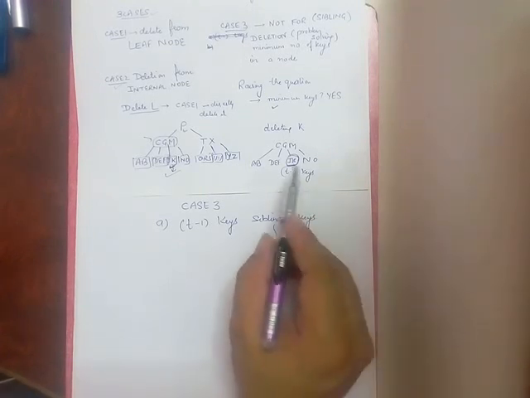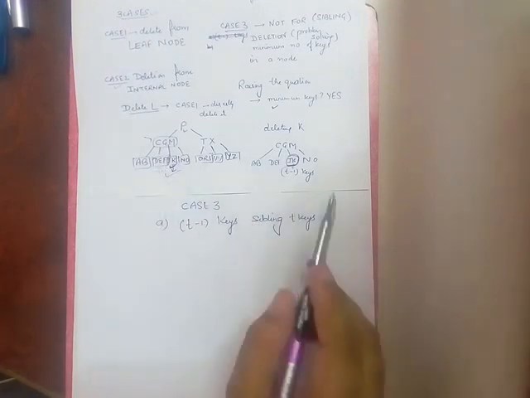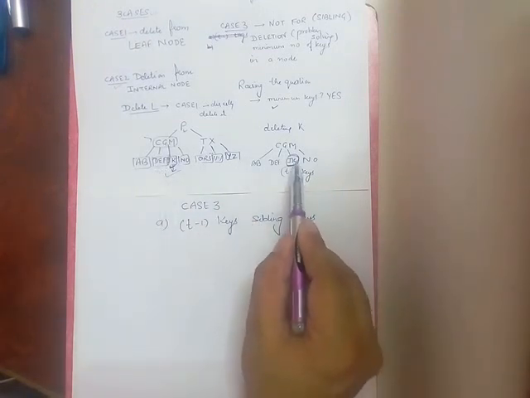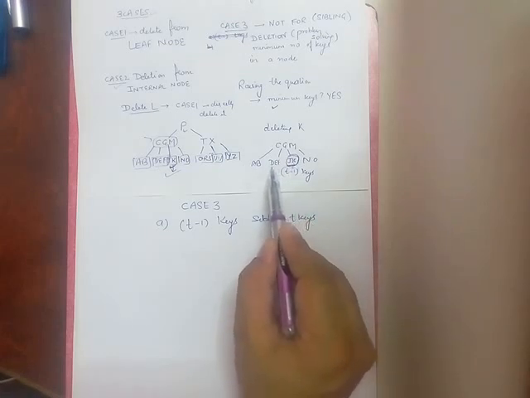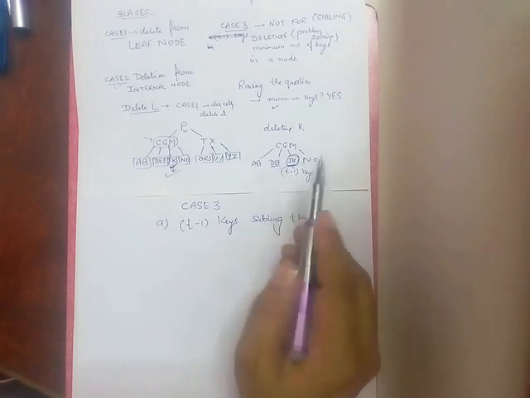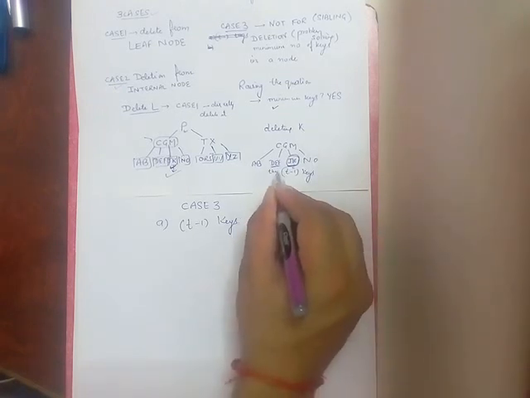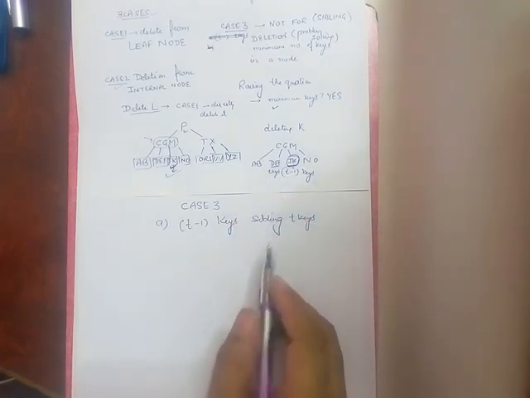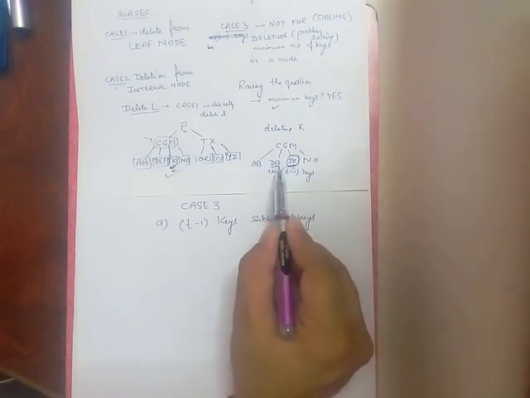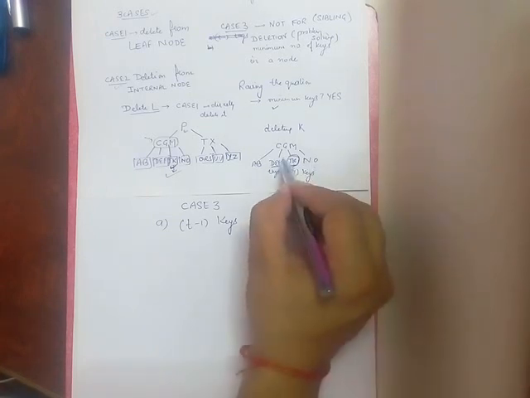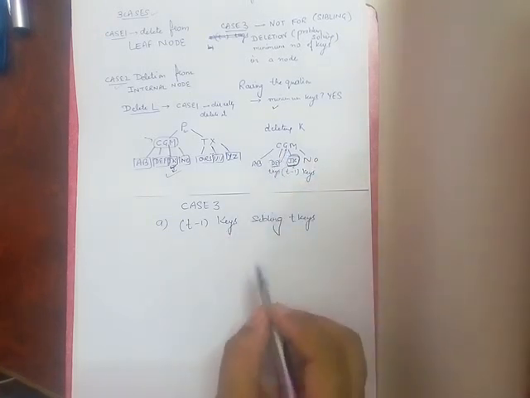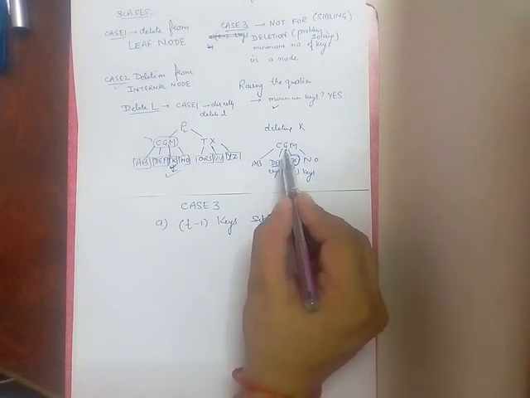For example, in this figure, this is the sub portion of the given figure. We are seeing that this key K is to be deleted from here. It is having t minus 1 keys, and its one sibling, that is DEF, is having at least t keys. Then if that particular sibling is the left sibling, we are moving its greatest key, or the largest key, upward in the parent. That is, we are moving F in the parent.